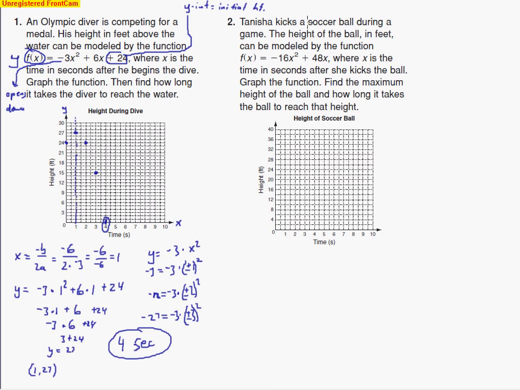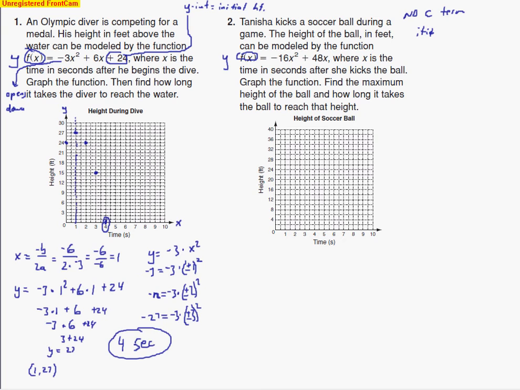Tasha kicks a soccer ball during a game. The height of the ball in feet can be modeled by this function. Again, this f of x, same thing as just saying y. Well, here there's no c term, so no c term. So that means that the ball starts on the ground. So that tells us that the initial height,